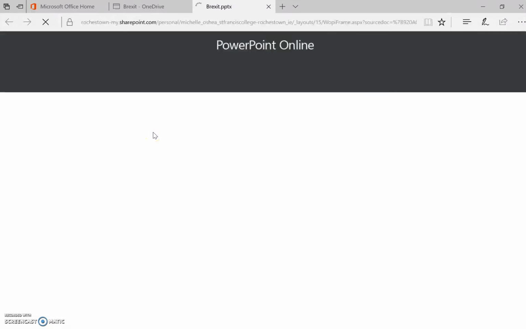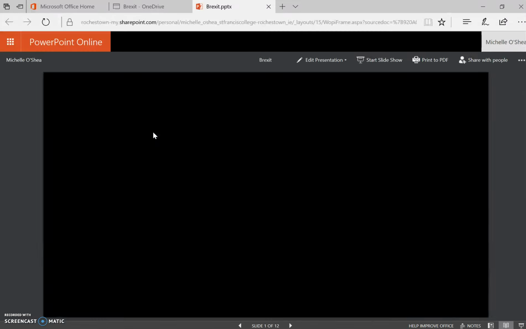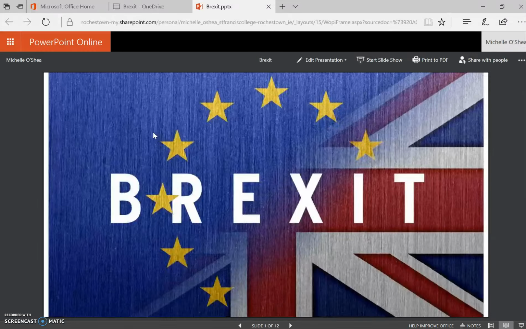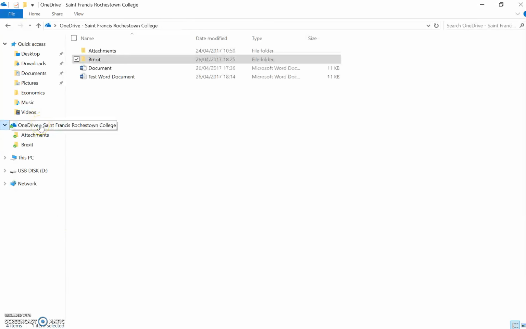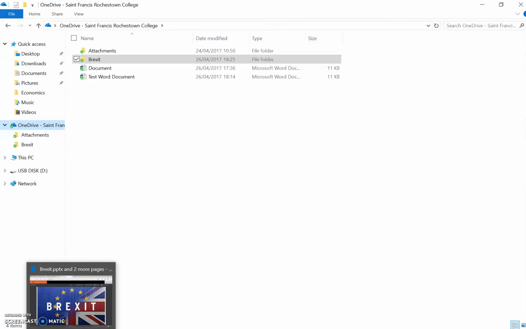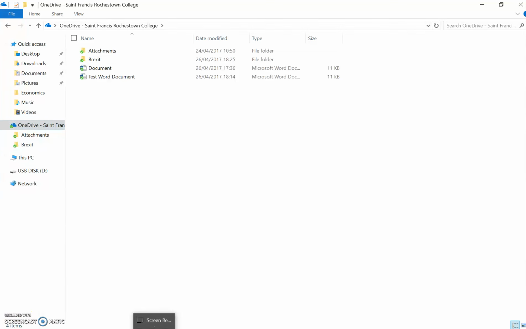You can open your PowerPoint from here and it opens as PowerPoint online. So again, that's what I was talking about in the previous video: it is Office 365 that we have, not Office. So it's the online version, and everything has to be opened online. That folder I was talking about, where you store everything, you still drag things in here. Absolutely, you can still drag things in there and store things in there, but you can't open them in there. You have to go online basically. As I said, this is almost like a carrier or a storage facility for what's being sent online. So everything that appears here will also appear online. So keep that in mind when you're recording or when you're transferring